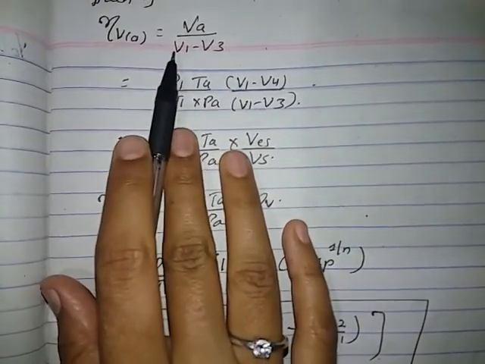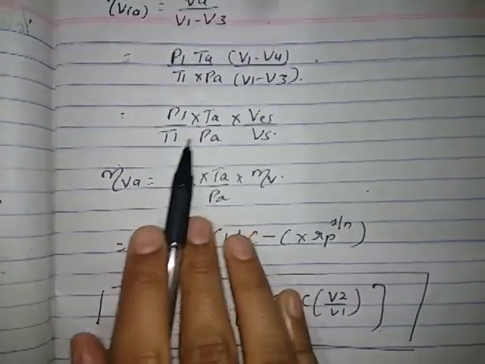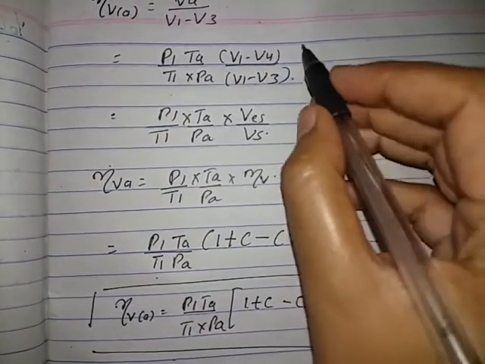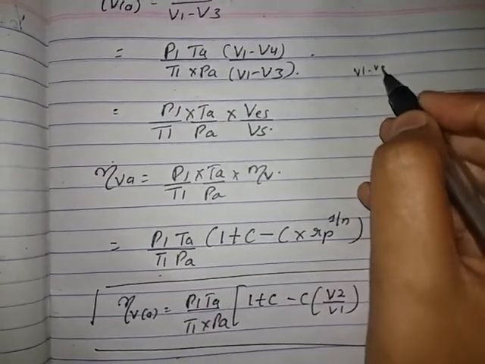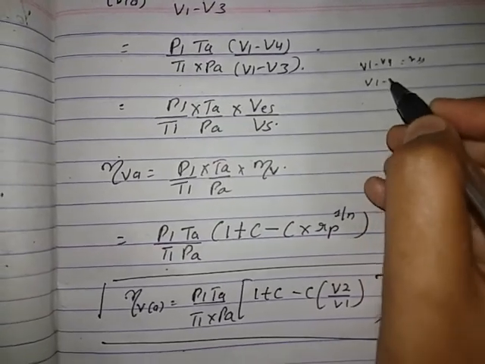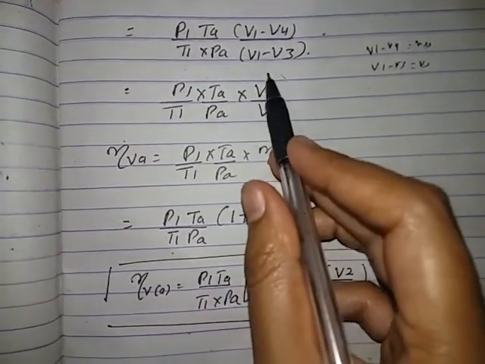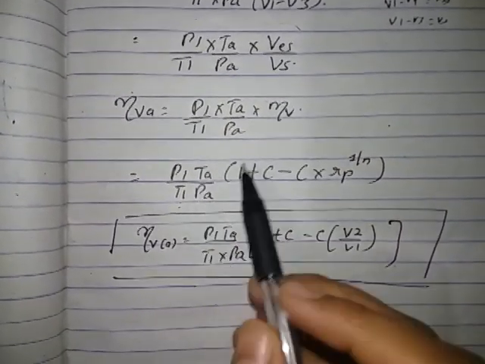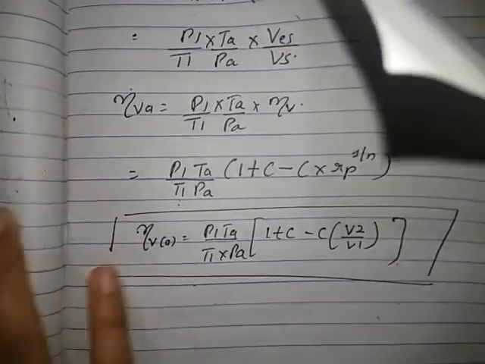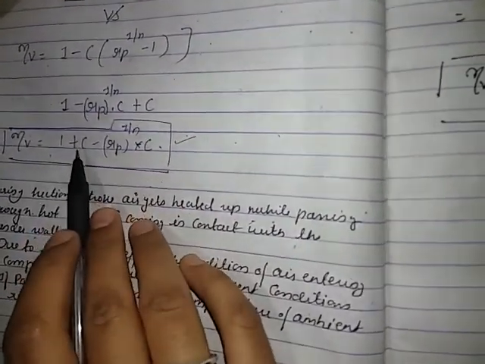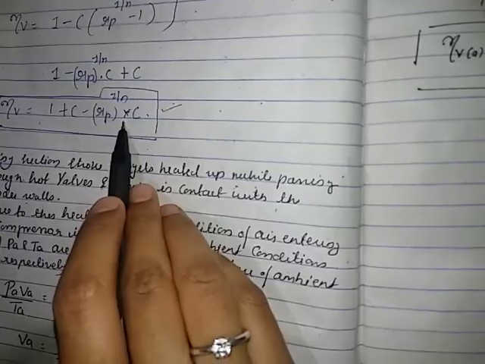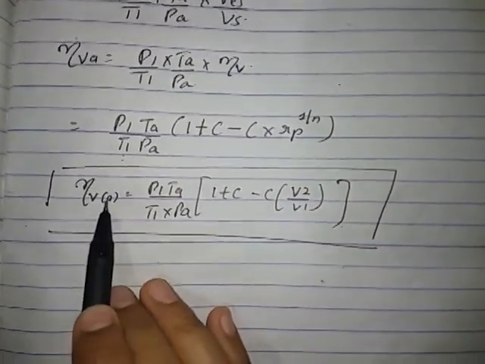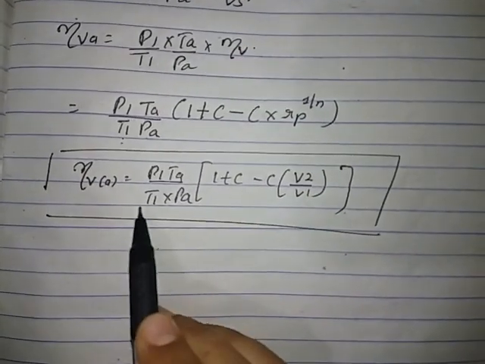V1 minus V3 was already present, so P1 by T1 into TA by PA. And I have told you that V1 minus V4 is nothing but Ves. I have already written in the previous equation that V1 minus V4 is Ves and V1 minus V3 is the swept volume Vs. If I substitute this, this is the volumetric efficiency. We have got it in the previous derivation as 1 plus C minus RP raised to 1 by n into C. I'll substitute this value in this equation. So the actual volumetric efficiency is equal to P1 into TA upon T1 into PA,